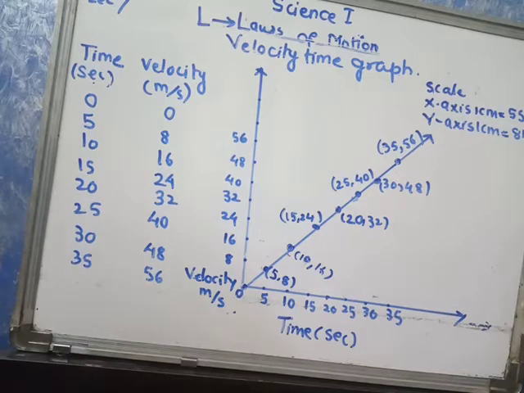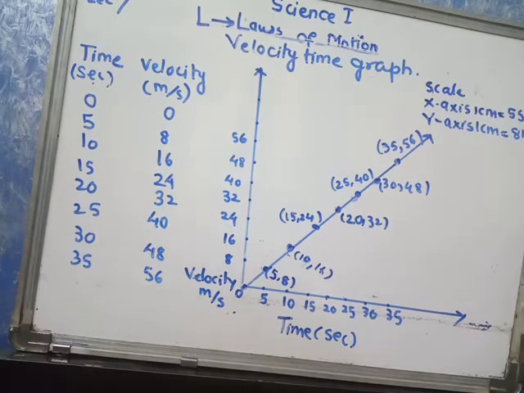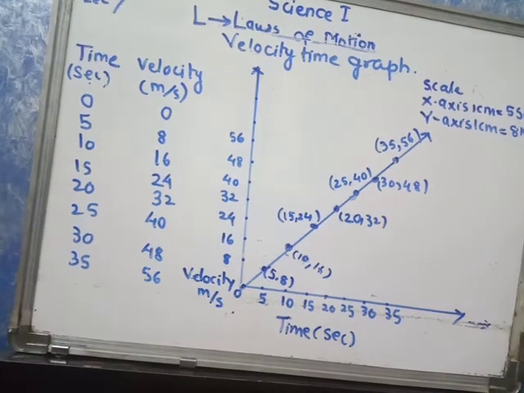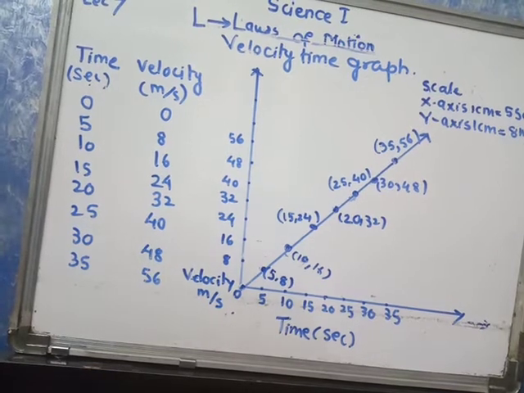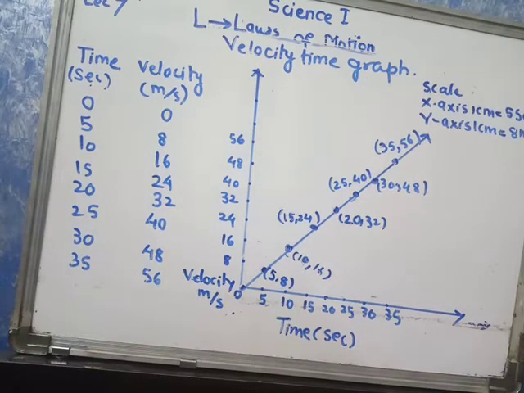We know that if an object moves, then its velocity changes, and the rate of change of velocity is called acceleration. If the velocity changes by an equal amount in equal time intervals, then the object is said to be in uniform acceleration. Look at the board. It is a graph of velocity against time for uniform acceleration.